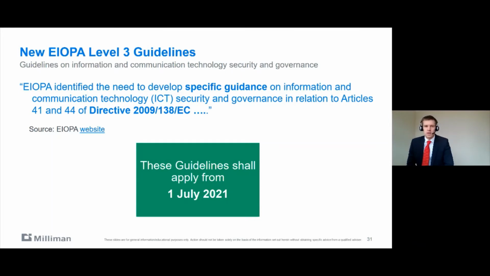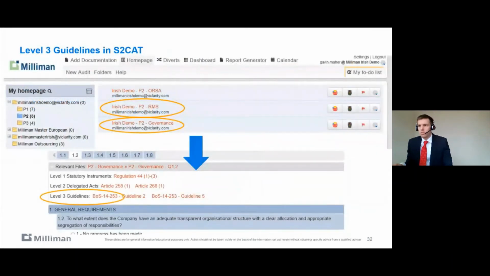It'll probably sit within your Pillar 2 way of thinking. These guidelines apply from the 1st of July, so there is plenty of time now to read those requirements and get the provisions put in. In terms of where this will impact the tool, we have scoped it already, and we think it'll slot into the risk management systems module and the governance module. When we do make these edits, we will send you a release note saying exactly what has changed in the tool. And again, there's an audit trail in the tool showing what has changed.